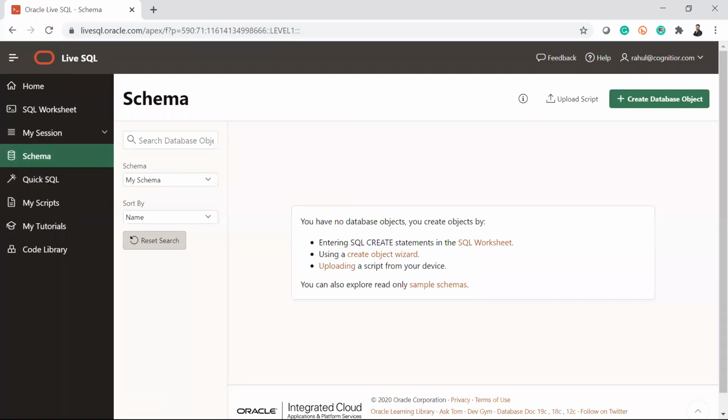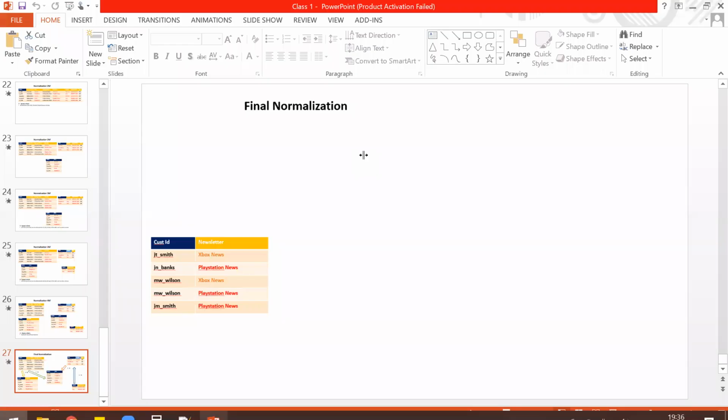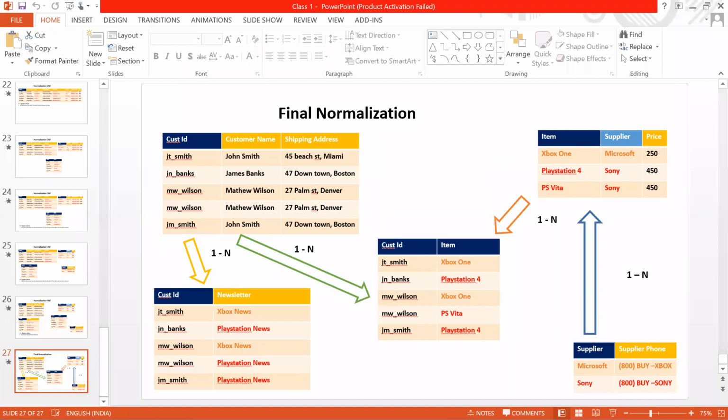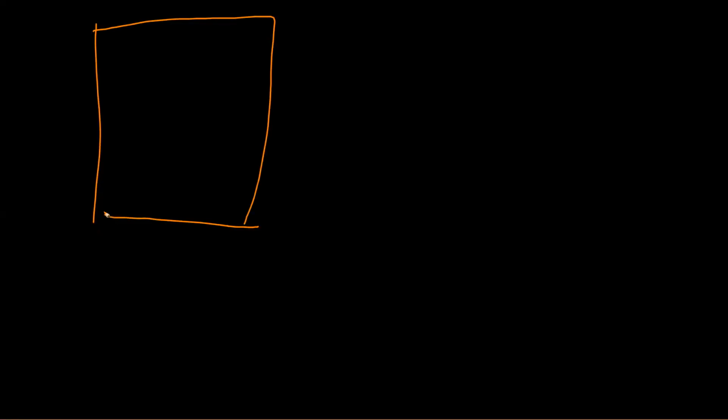Now, what is a schema? Suppose I have a database. In that database, I will have multiple schemas. In layman's terms, a schema is nothing but like a folder.